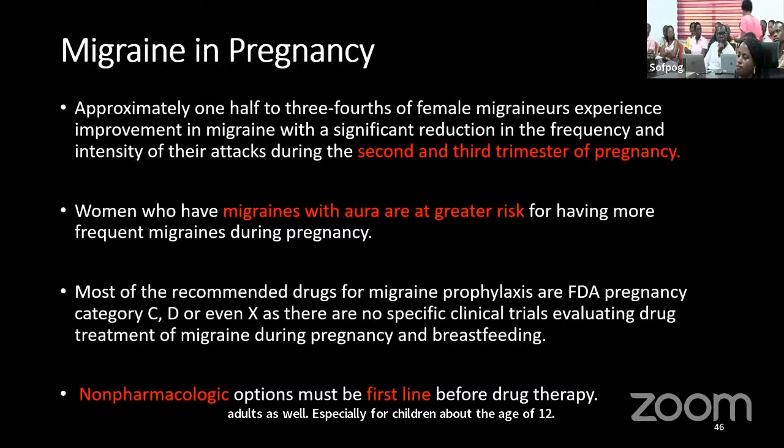In pregnancy, let me just say that about half to 3/4 of females who have migraine have their migraines greatly improved during pregnancy, but a few, about a third, will have worsening or exacerbation, and this usually occurs in the second or third trimester. Those who have migraine with aura are actually at greater risk of having more frequent episodes during pregnancy. The prophylactic medications are usually branded category C, D, or X in pregnancy. And so non-pharmacologic options must be used. There's relaxation therapies,